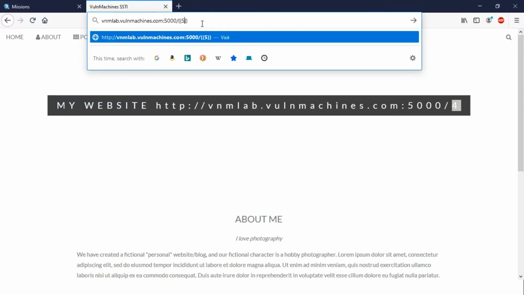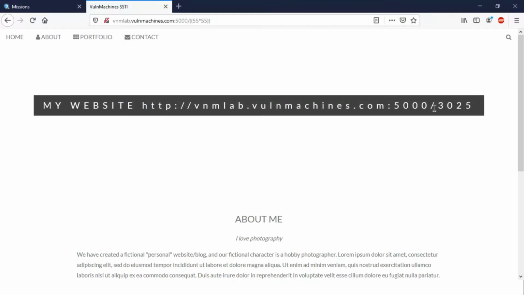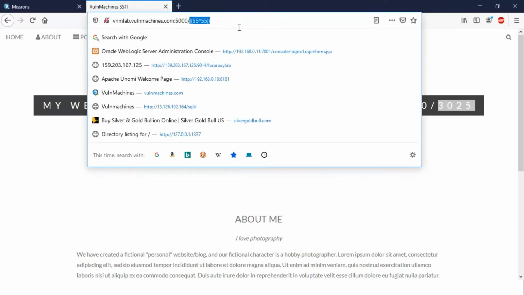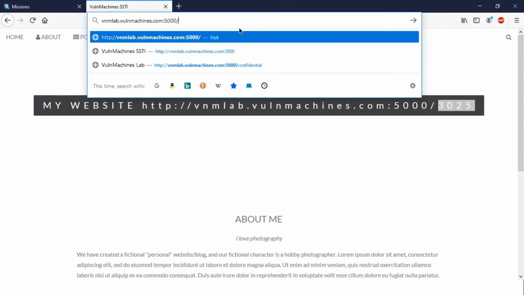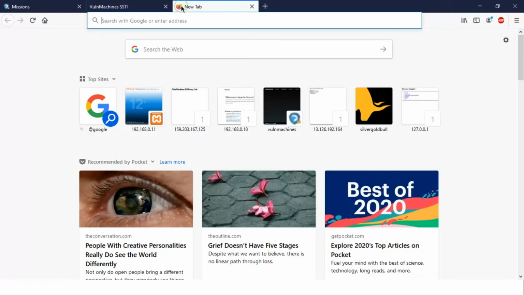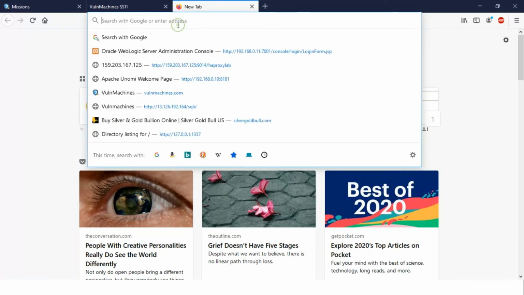So if I give the 5 into 5, it will give me the output of that multiplication. Fine. So we got the backend, the Python and the Jinja template, and secondly we figured out the injection point. So in the URL itself, it's the injection point.